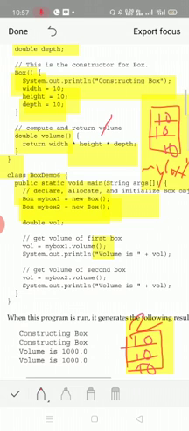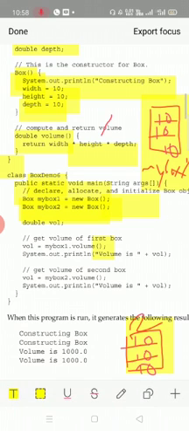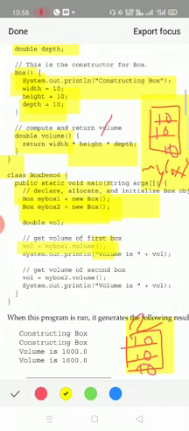Next, you are computing the volume with respect to myBox1. myBox1.volume is computed by this step, and the volume stores myBox1.volume. Check the formula: width into height into depth is returned from the volume function, that is 10 into 10 into 10, 1000. That will be written, as you can see over here in the output, with respect to box1, and later with respect to box2.